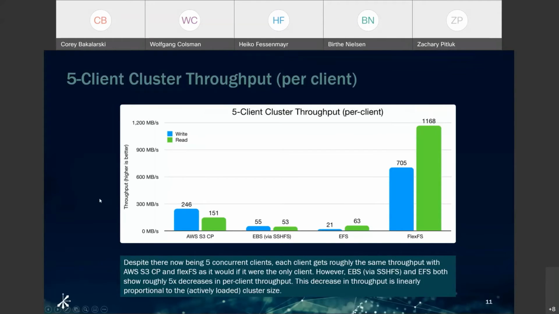So what you see here is really the reason that we wrote flexFS. On the left, you see the timings for reading and writing from a 5-client cluster into the block storage S3, or into the Elastic Block Storage EBS that they provide in Amazon, or the Elastic File Storage, as well as into flexFS. And you can see,